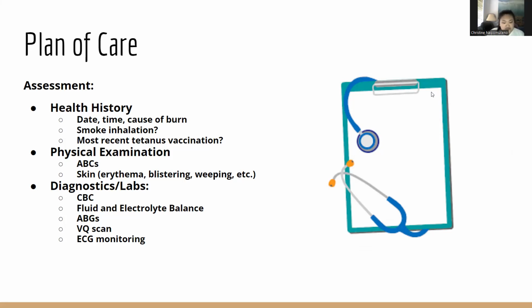And then for the physical exam, it's important to assess ABCs, so airway, breathing, circulation. And we should also look at the skin and note its characteristics. We're asking things like, is the skin red? Do we see any drainage? And if so, is it serosanguinous? Is it purulent drainage? Do we see any weeping, any blisters, etc.? And we also want to look at